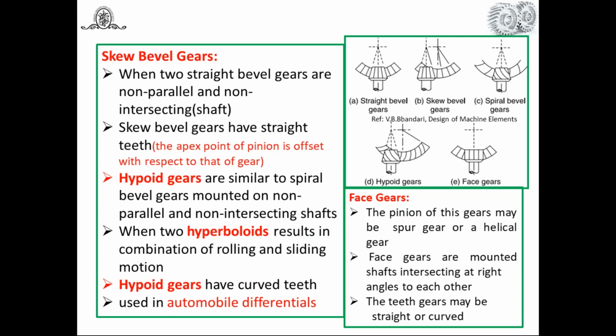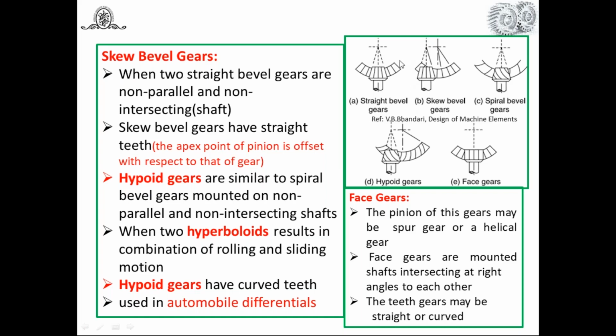So we have seen in general two classifications: straight and spiral. Then based on the pitch angle, that is miter gear, crown gear, internal gear, or miter gear is also known as external gear. But in miter gear, both the gears have the same size and dimensions. Okay, and the same pitch angle. That's why it becomes the external bevel gear. Now let us see another classification here, that is, bevel gears classified as skew bevel gears. Look at this, it is a very important one.